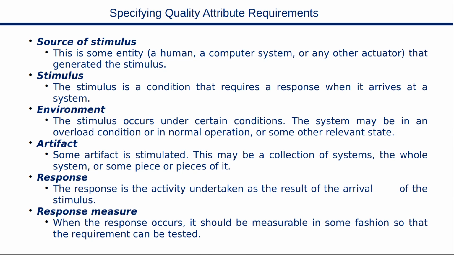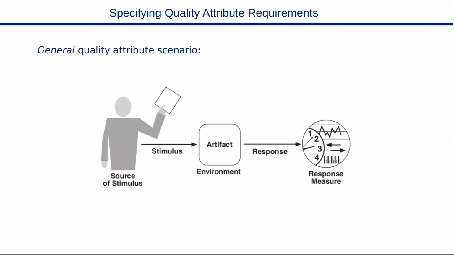This is the general case, but based on this general case, this general quality attribute scenario can be represented in this way. So we have a source of stimulus. It can be a person, it can be another system. We have different kinds of stimulus, an action that was generated, some request, for example. We have an artifact on which the stimulus was